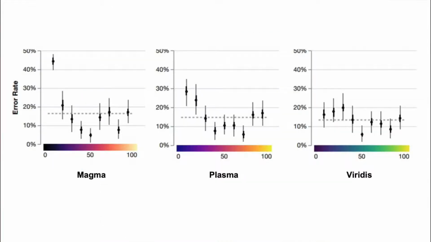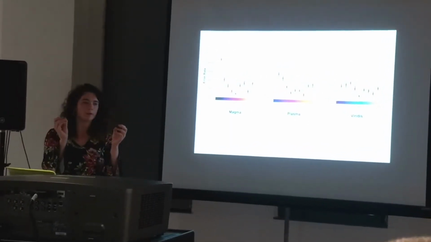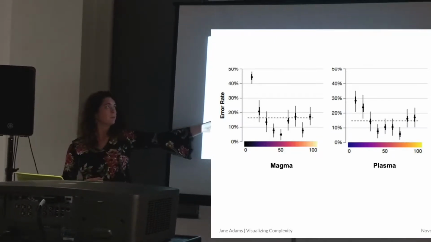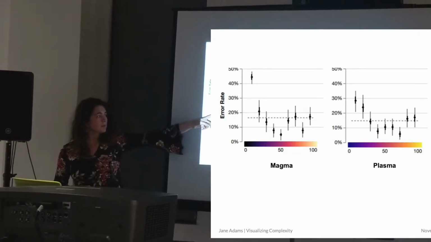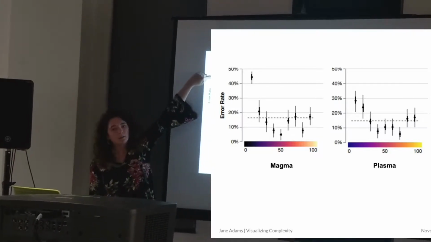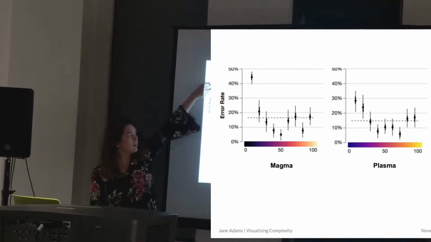Obviously, visual encoding has some difficulties. This is a study of asking people to look at colors that they had assigned to a number and then guess what the relationship was between one number and another based off of the color difference. And so we can see here that this magma map, which was being used very often, when we got down to this low level, the error rate in estimating the quantity of the data based off of the color was really high.